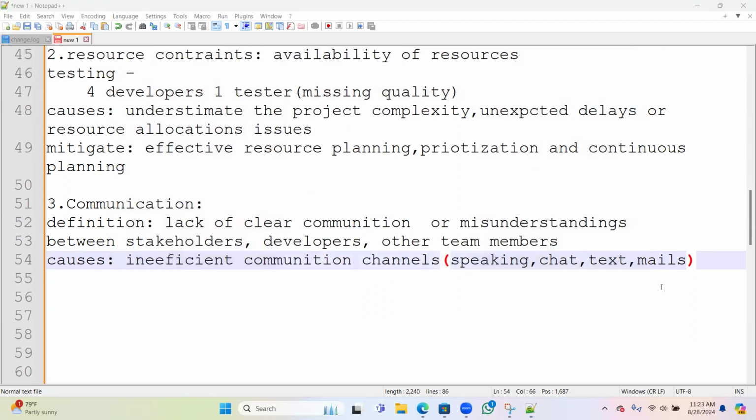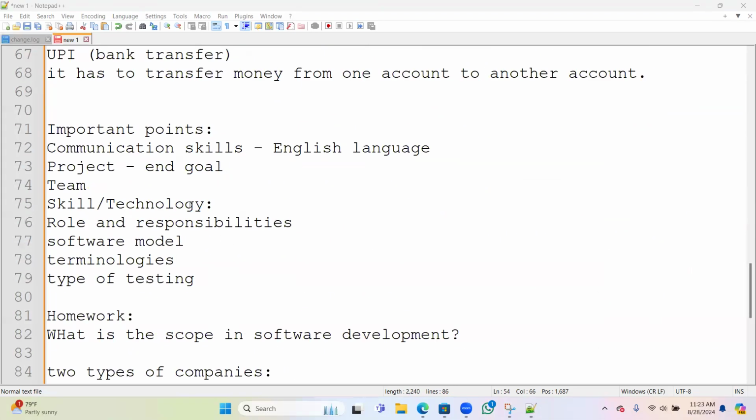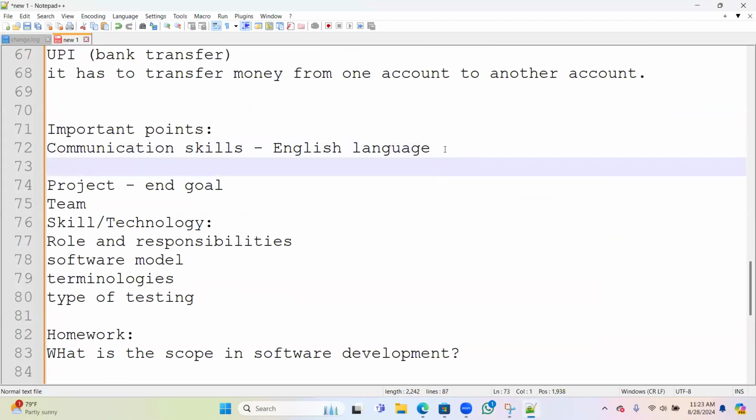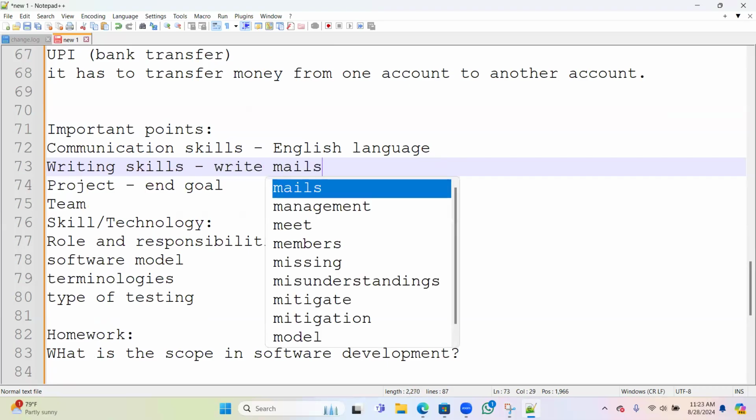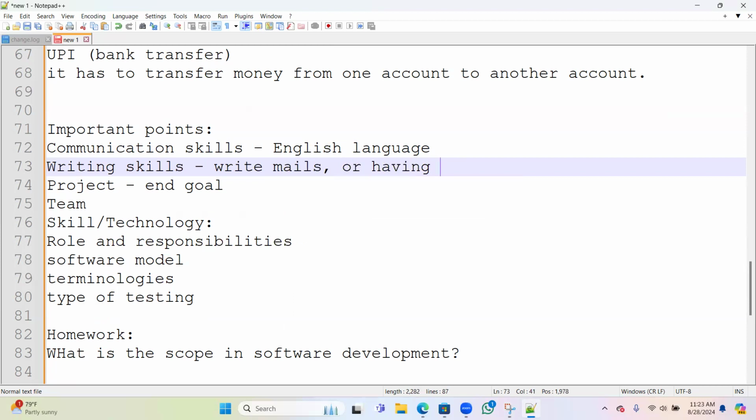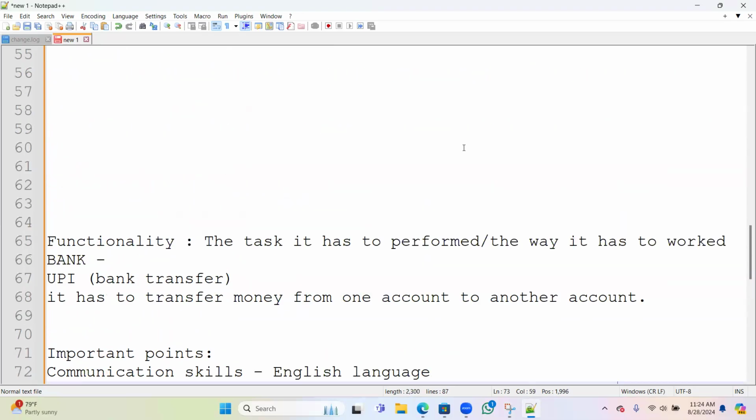If you are working in a project, initially they will give you access to Outlook and Teams. So I would say even the writing skills are mandatory. What are the writing skills? Previously, in the olden days, we used to write letters, right? Right now we write mails, or have chat conversations with the employees. So that should be clear. Okay.